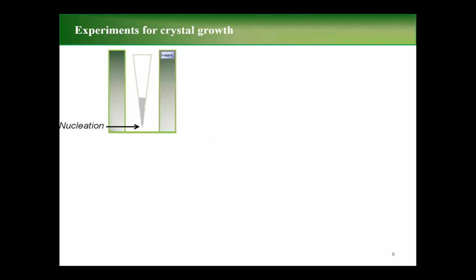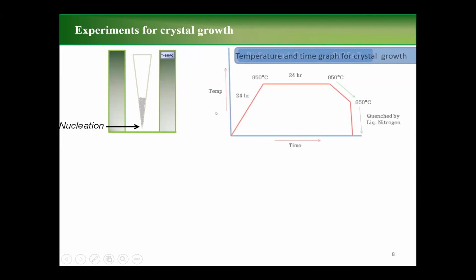So with this motivation, we have also grown magnetically doped topological insulators, and we have used the modified Bridgman technique to prepare the crystal. In the modified Bridgman technique, we have modified the shape of the ampule and placed it vertically inside the furnace. Since the temperature is high at the base, nucleation takes place and the crystal grows along this direction.